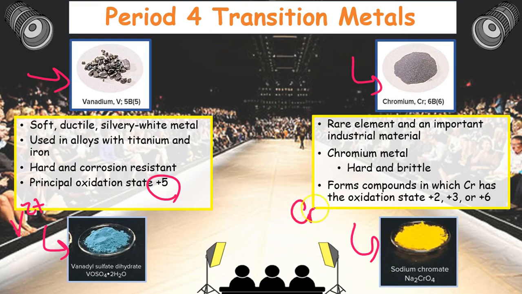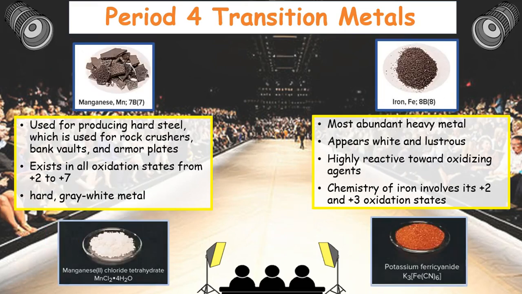So when you have chromium +3, that is going to be in aqueous solution, you actually can get the color green, for example. And again, when it comes to chromium, it's usually going to be hard and brittle, and it's going to have compounds that are stable when you have chromium +2, +3, or +6. Next up is manganese, okay? It's going to be a hard gray-white metal, which is very brittle, and it's pretty reactive because it's going to